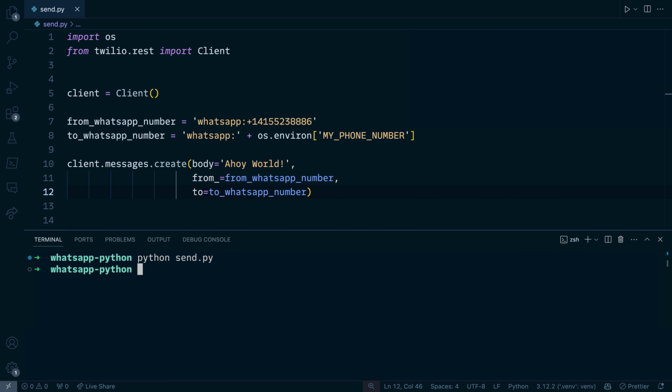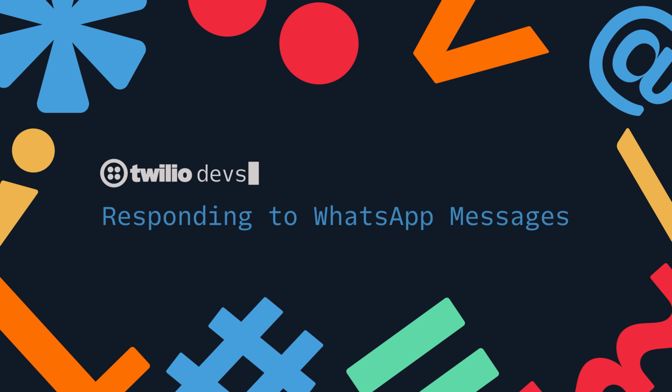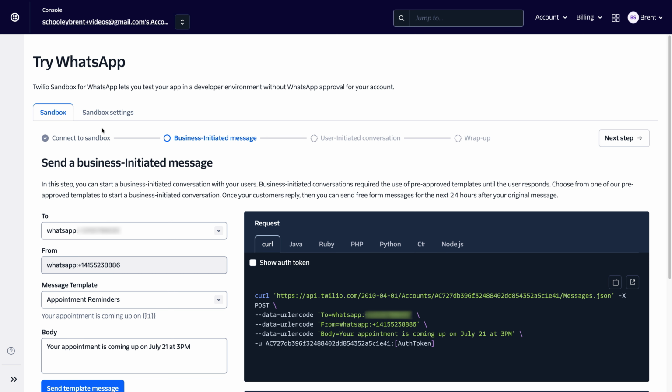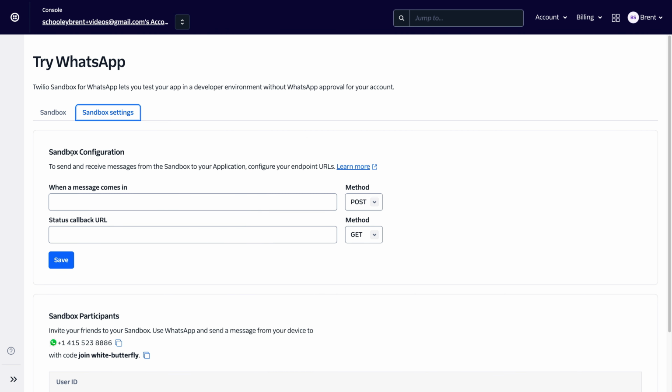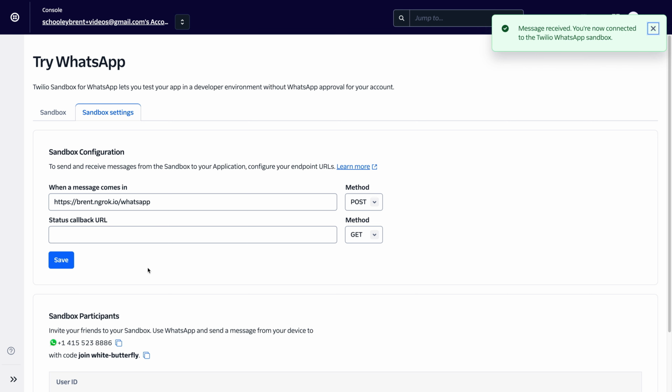Now that we've seen how to send a WhatsApp message using Python, let's take a look at what we need to do to respond to incoming WhatsApp messages at our WhatsApp number. Heading back over into the Sandbox, we'll go up to the Sandbox Settings tab at the top. Here you can specify a webhook URL that Twilio will make an HTTP request to when a message comes in. Twilio will need to fetch some XML instructions that we call TwiML that will tell it what to do when the message comes in. For my application, I'm going to set this to brent.ngrok.io/whatsapp